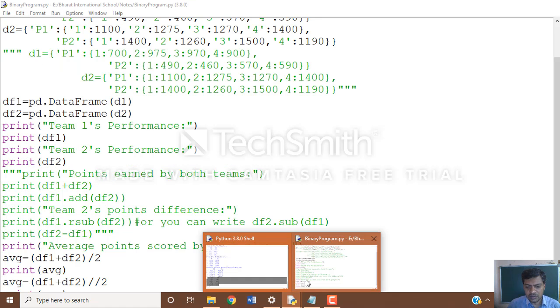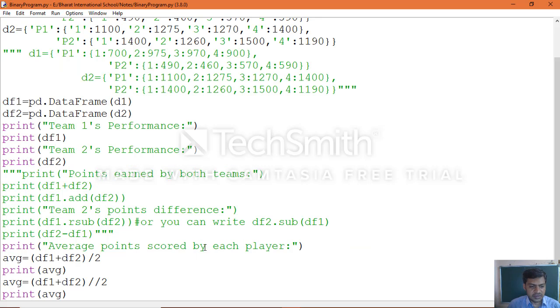If you wanted to have all the things, like the sum of the values of both the teams, each round and each player, the difference, and the average value, then yes, you can complete altogether all the things within a single application.